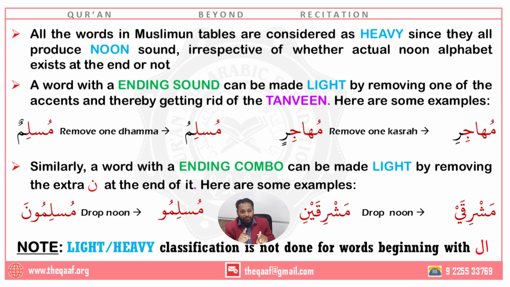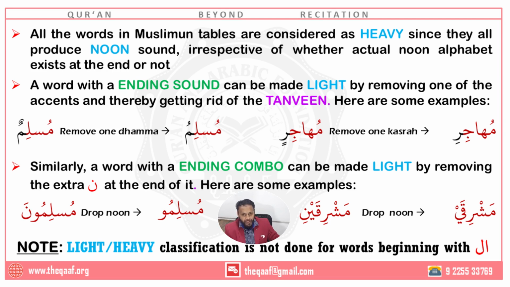The meaning remains the same, the status remains the same, the number remains the same, the gender remains the same. Muslimun was masculine, Muslimu is masculine. Muslimun was Rafa, Muslimu is Rafa. Muslimun was singular, Muslimu is singular. Nothing changed. What changed? Just the weight. That is heavy, this is light. That's how you are supposed to make a heavy word light without changing any of these basic properties. Status should not change, number should not change, gender should not change. Without touching these properties, can you make it light and get rid of the noon sound? This is how you do it.